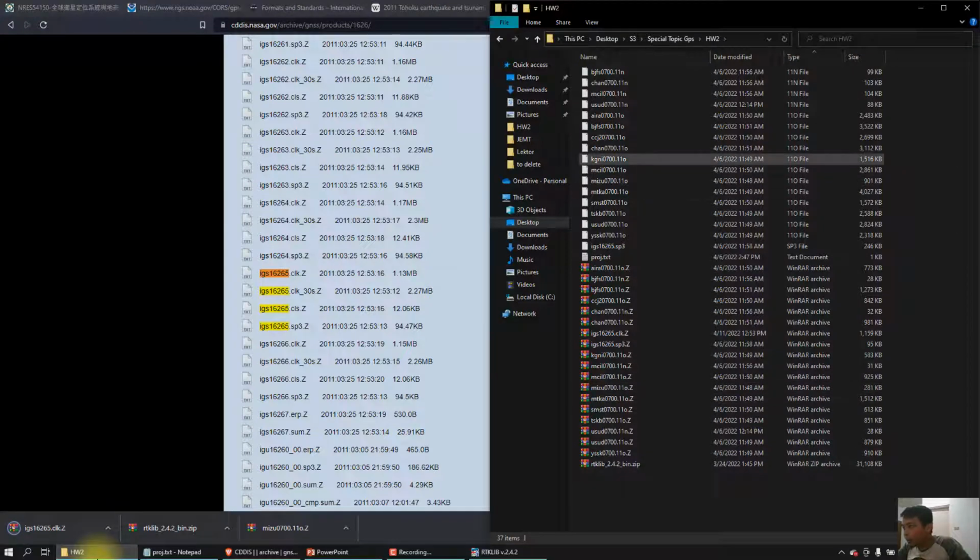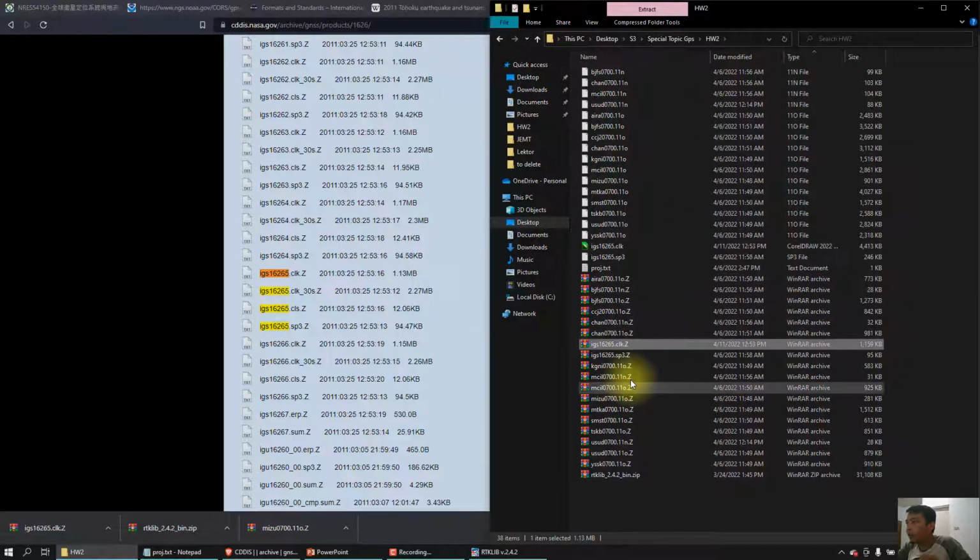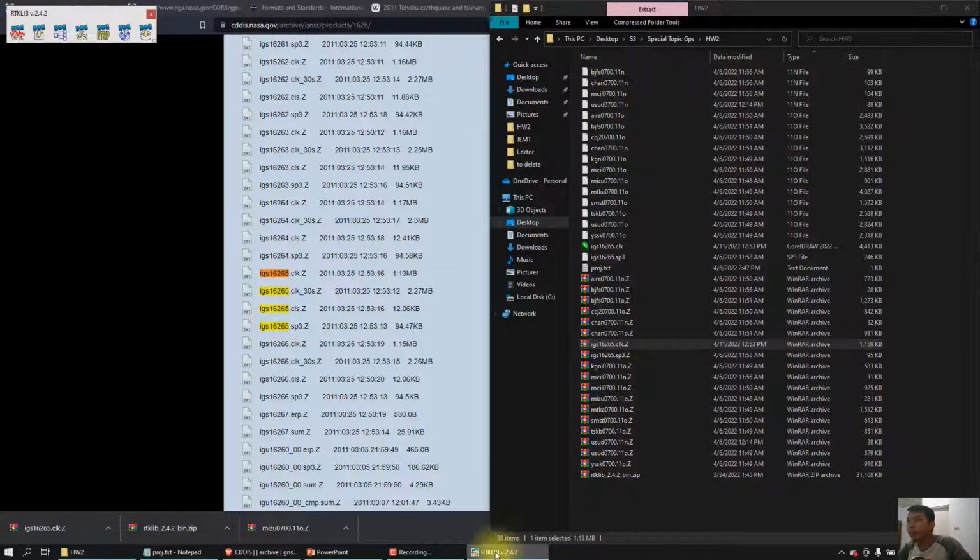Yeah, so from this folder we extract all of the files that we have downloaded, and then we are going to use them in the RTKLIB. Firstly, we need to do the RTK conversion.